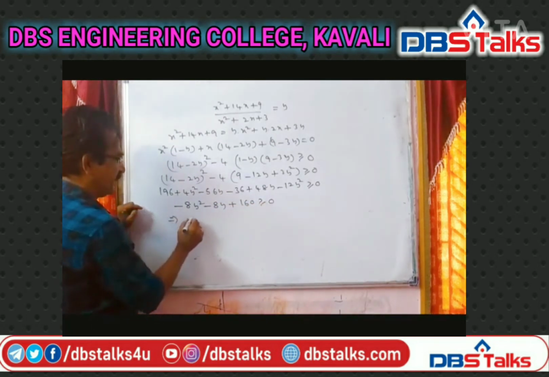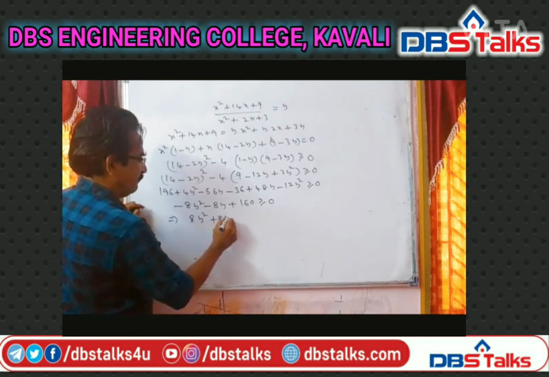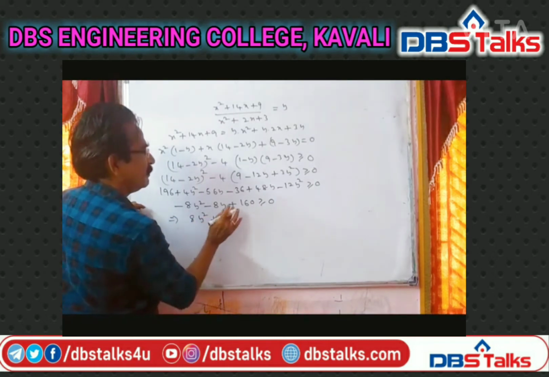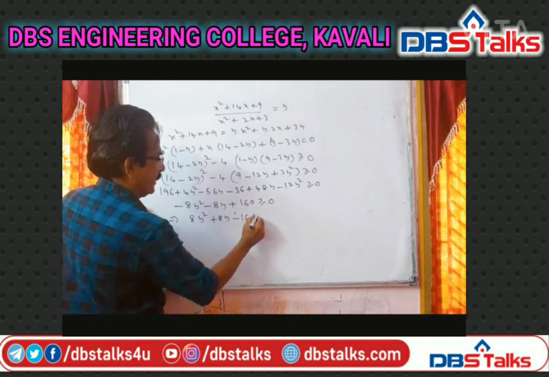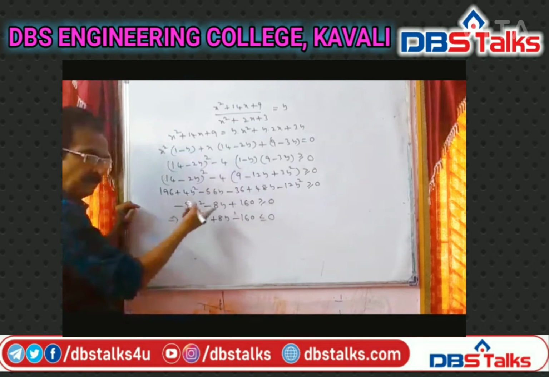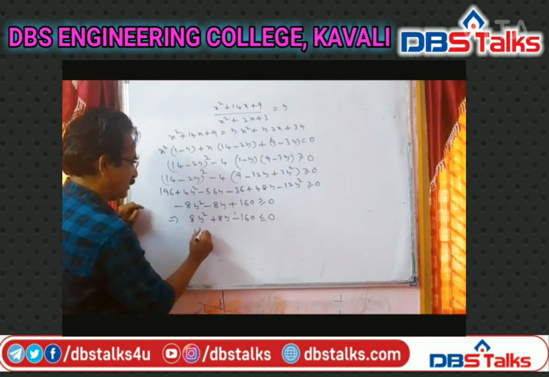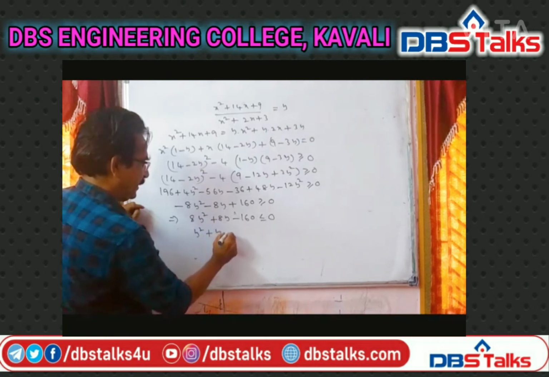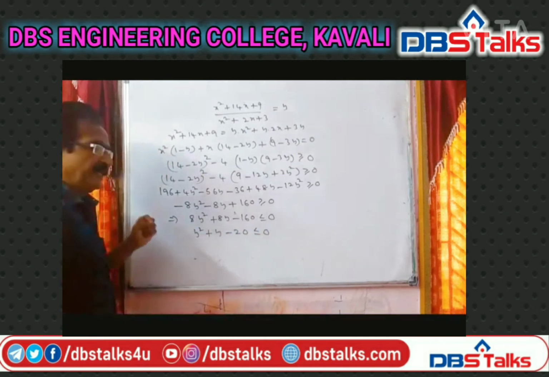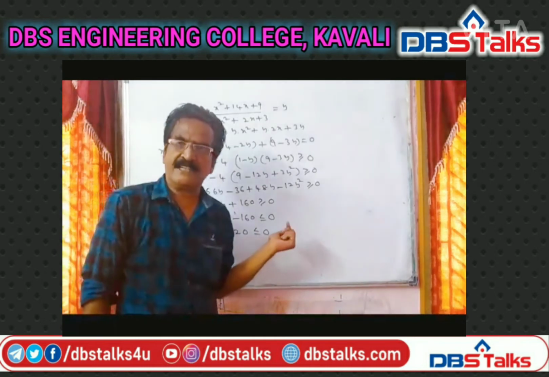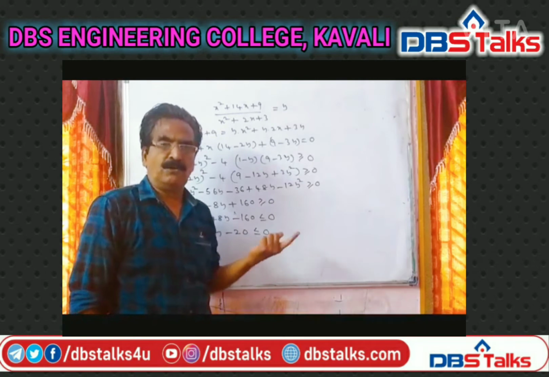It implies 8y square plus 8y minus 160 less than or equal to 0, multiplying with minus. Then again it reduces to y square plus y minus 20 less than or equal to 0. If a quadratic expression is less than or equal to 0,